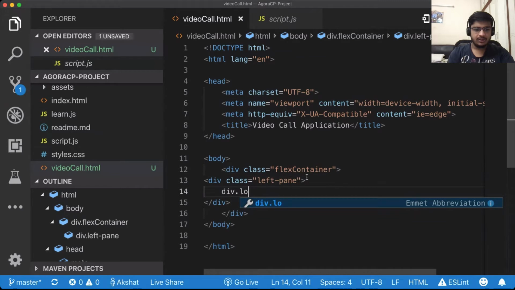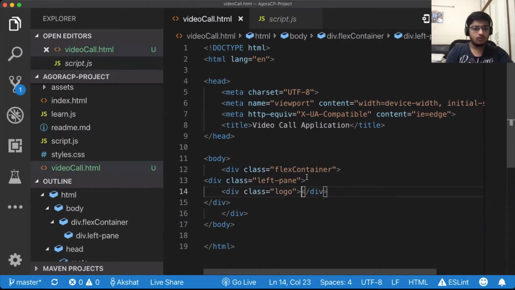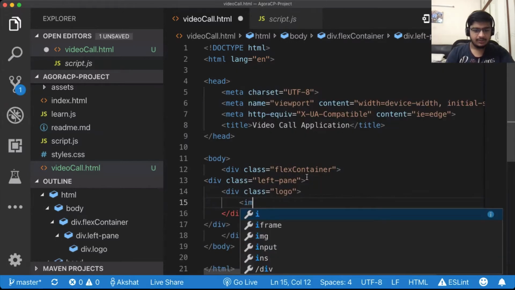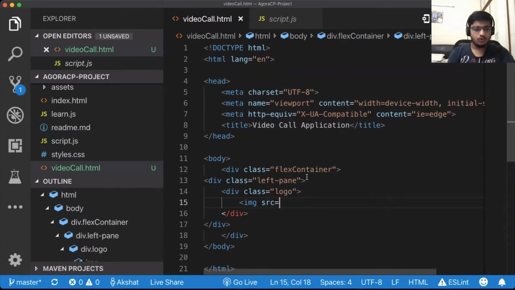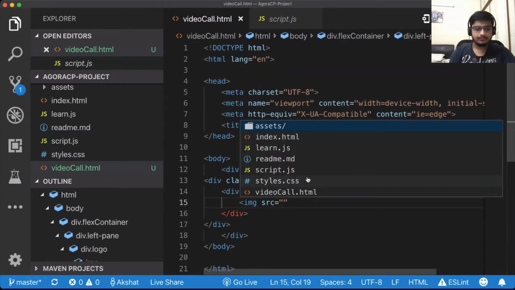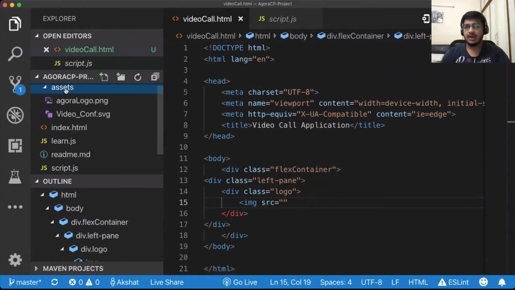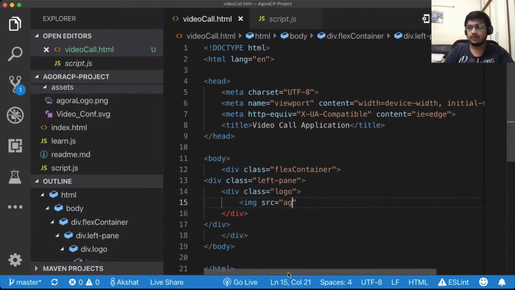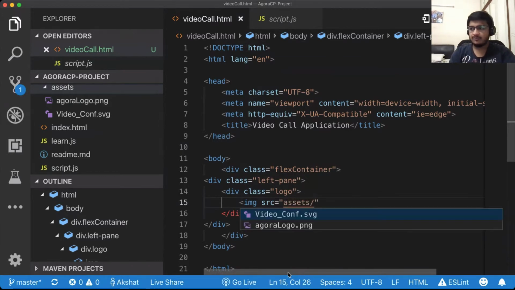and now div dot. We'll have a simple logo. Oops. Let's add an image as a logo. Do I have any images out here? Yep, I have the Agora logo. So if you clone the repo Aditya just sent, that has the image in it from before.